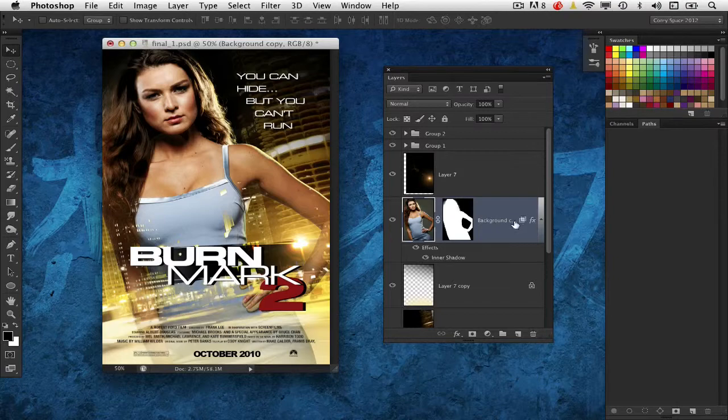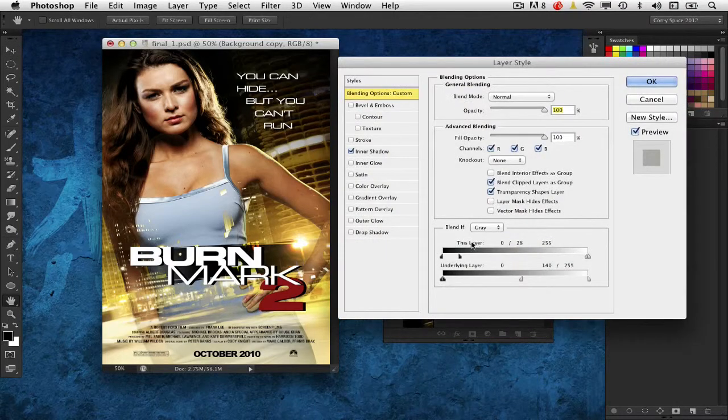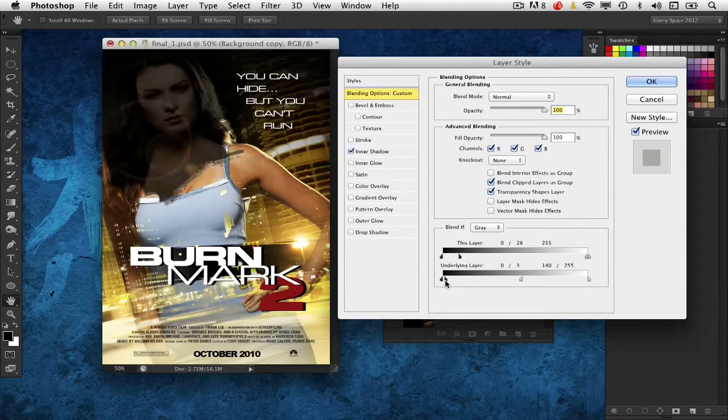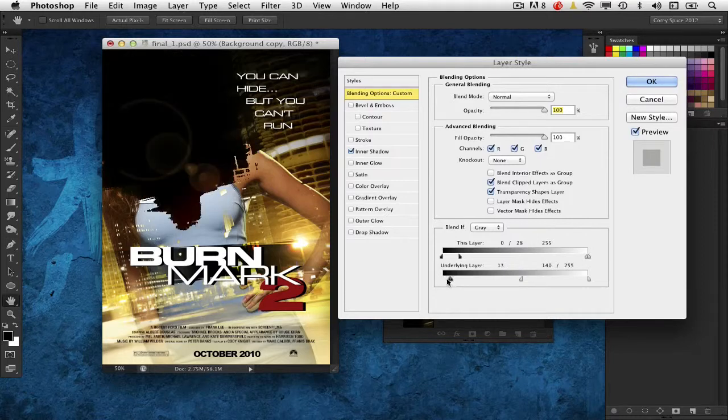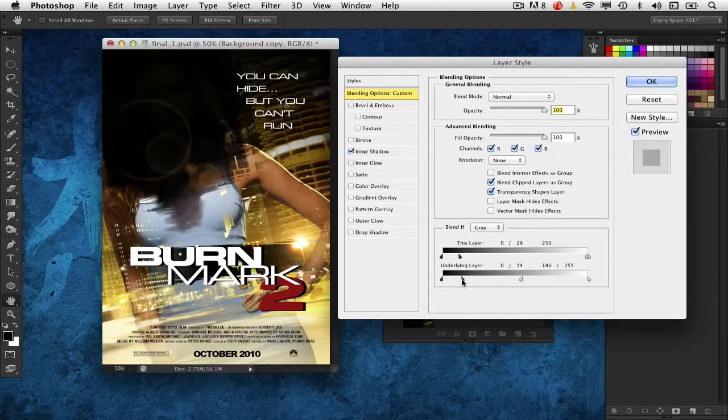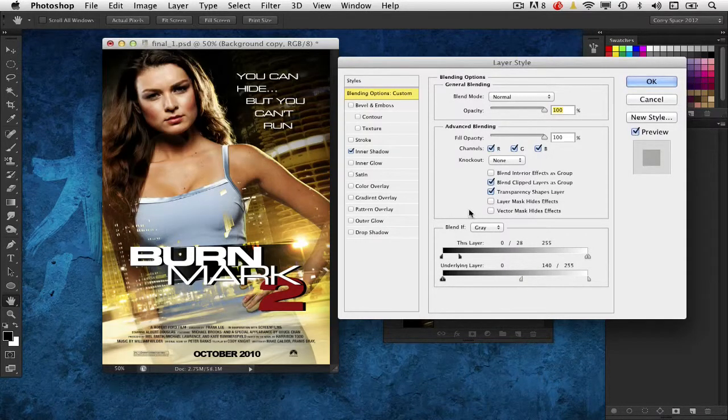Again, like I said, you go in there, there's really no formula to it. It's just a matter of going in there and moving the sliders around and seeing what the result is as you go. Remember to split those sliders though. It's holding down the Option key on Mac, Alt on Windows, and it allows you to grab that slider and split it to make that transition much more smooth.